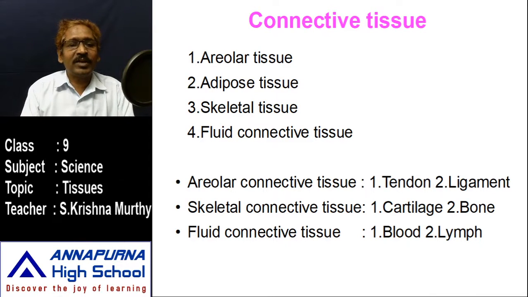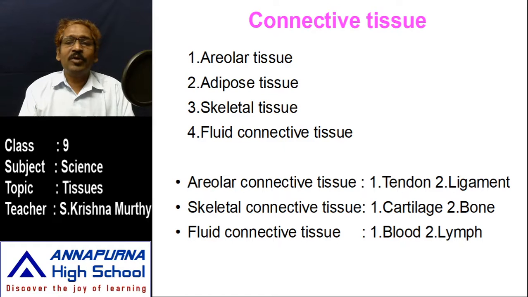The muscles, wherever they connect to the body parts or to the skeleton or to the bones, are skeletal connective tissues. Again, these skeletal connective tissues are of two kinds. One is cartilage. What is it? Cartilage is a very soft material. It seems like bone but is not a bone. And another one is bone. Bone and cartilage both are skeletal connective tissues.